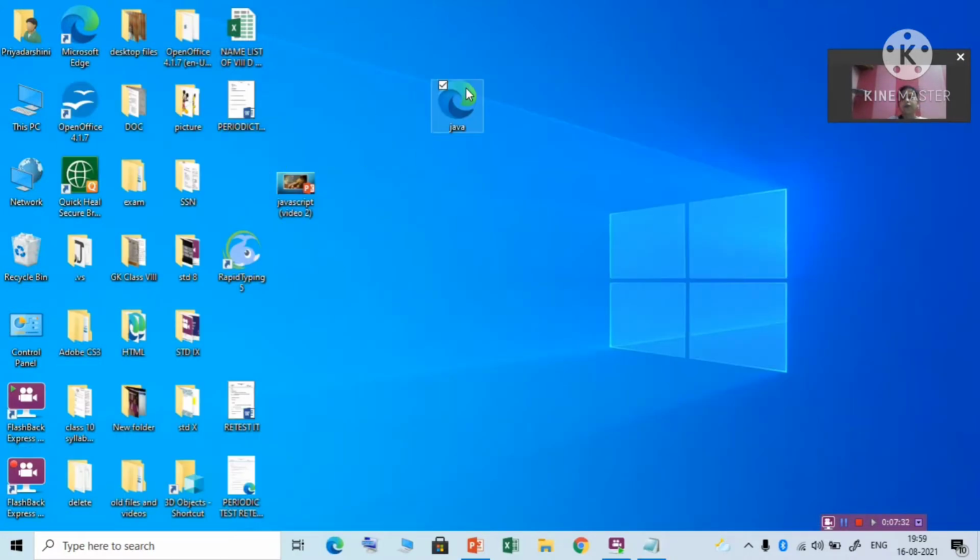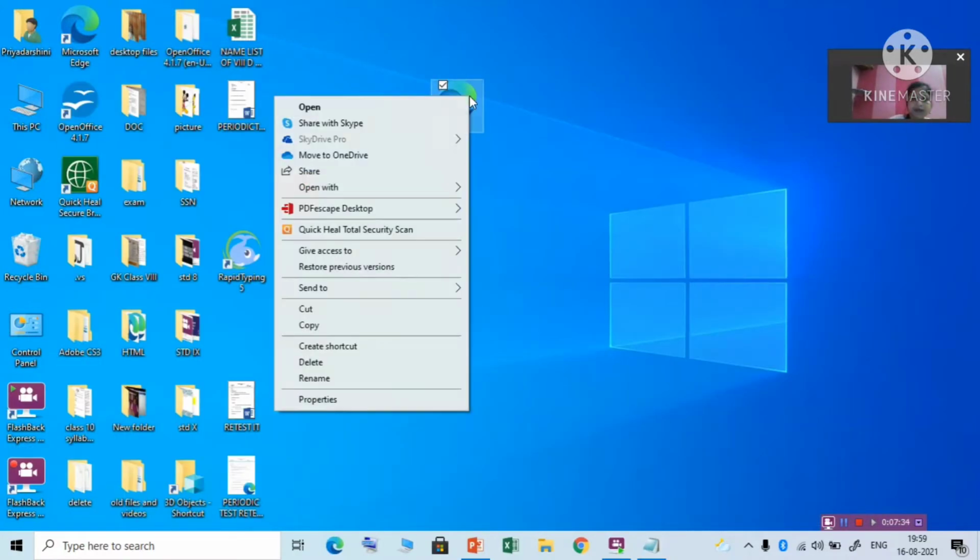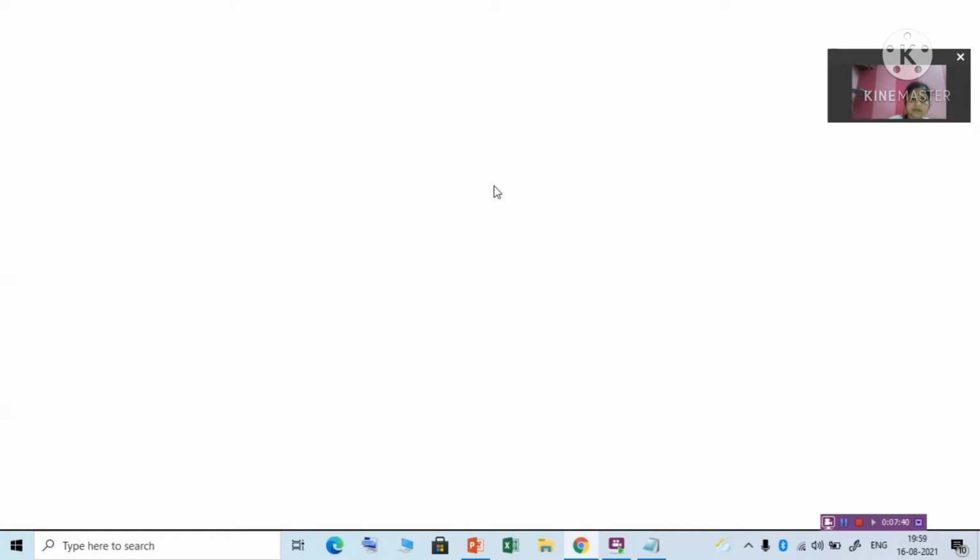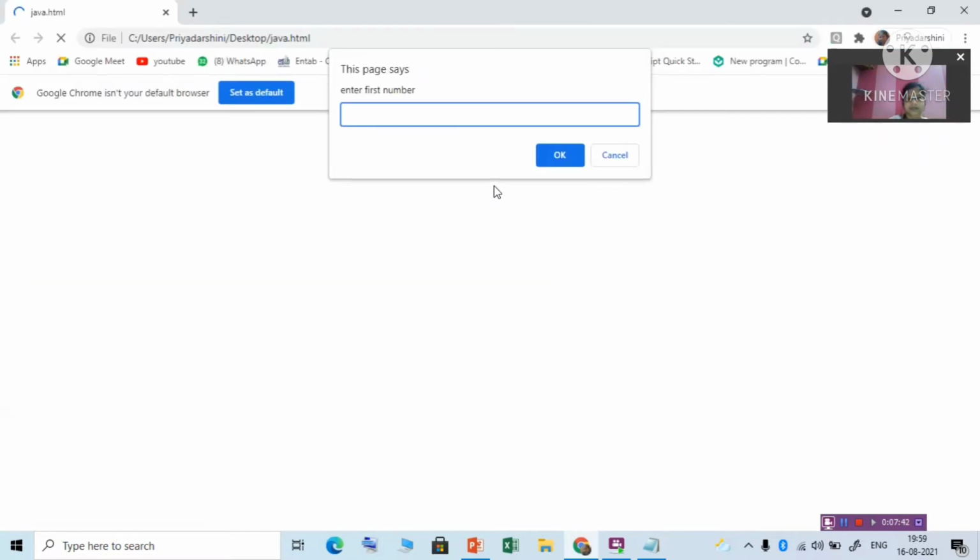Now open it. Here it is asking to enter a number. Suppose I have entered the number as 4. Then click on OK. It is asking to enter the second number. Suppose I have entered 5.